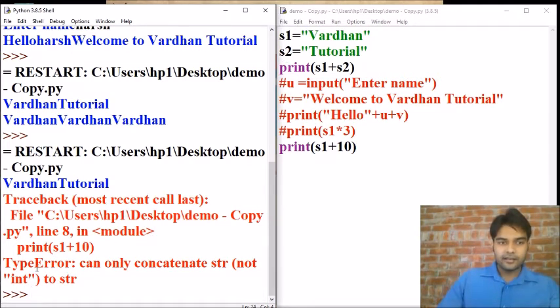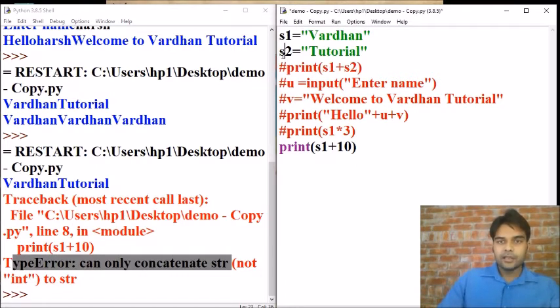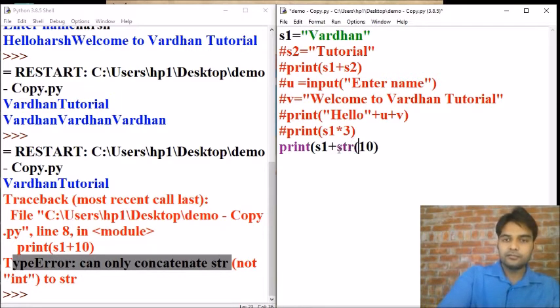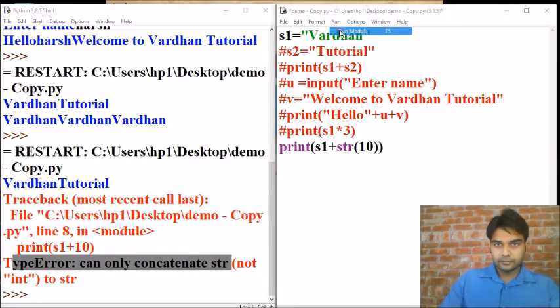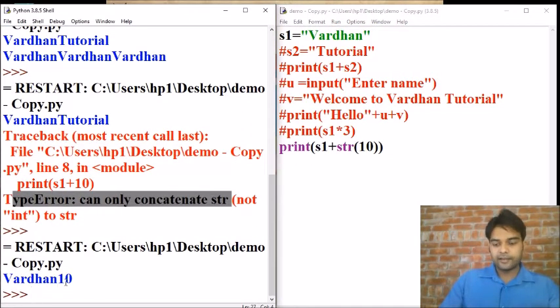Okay, there is an error, type error, can't concatenate string, so the error is in this part. Now if we want to remove the error, we will typecast 10 into a string. Now our string is typecasted. See, Vardhan 10, the string is added.